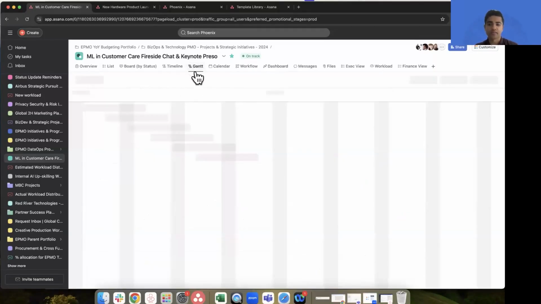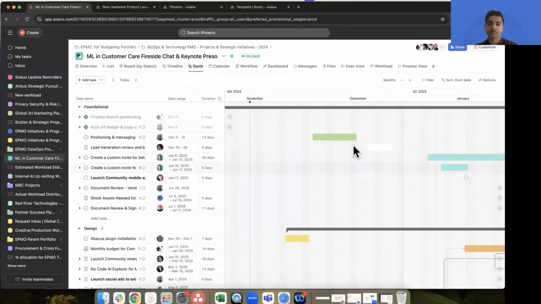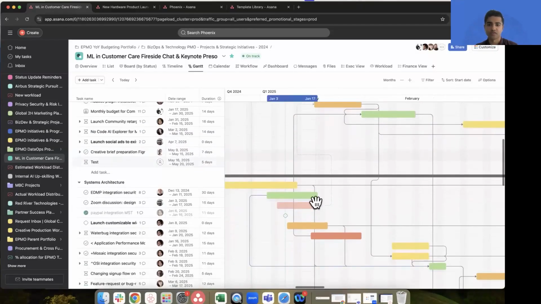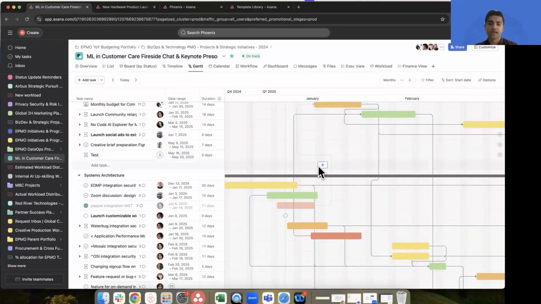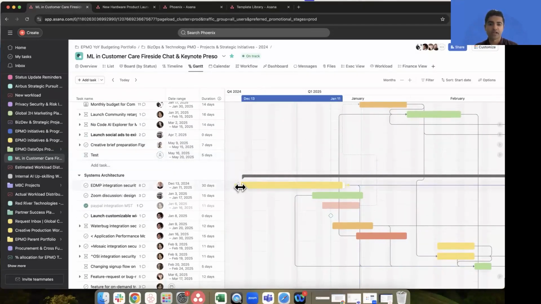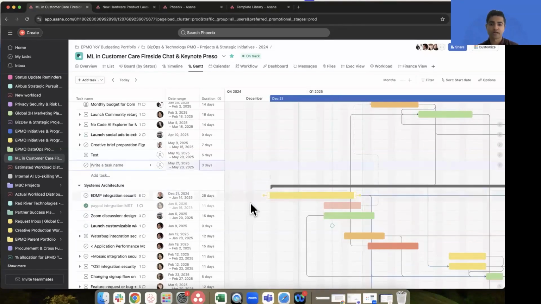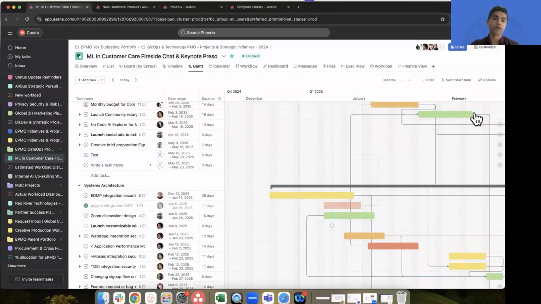The Gantt view, for example, is really effective for managing durations and understanding how long specific pieces of work are taking. We can grab the edges of any of this work and move it back and forth, and it'll automatically update these durations, or I can even change these durations and it'll automatically update the actual task itself, as we saw there. So there's also a few other unique capabilities.